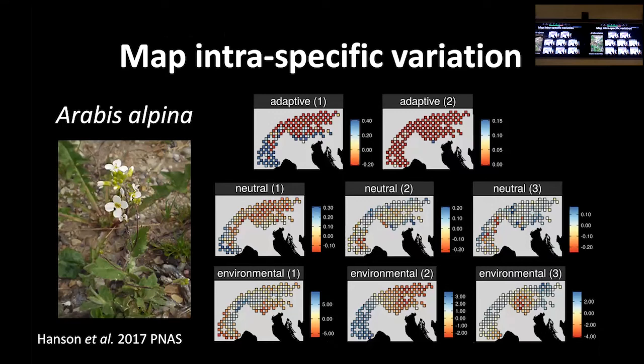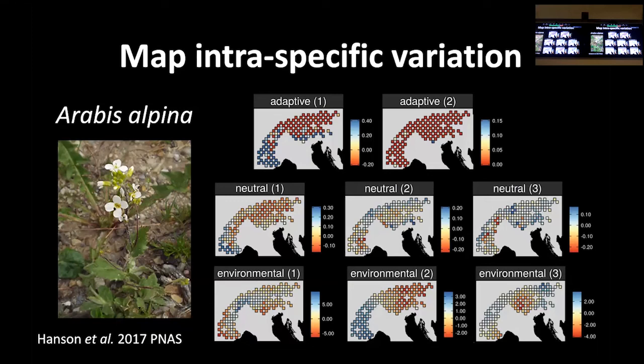So for each of these grid cells, they went out and collected samples, and so we can actually characterize what's happening within each grid cell. And so we can use that to say, well, for this species, there might be a north-south kind of gradient in adaptive genetic variation. And we use some analysis to look at different gradients of that variation. So that's why there's multiple panels. That's the dominant one for this species. For this species, it had 3 main axes of neutral genetic variation. So you can see like an east-west kind of transition. And for these other ones, they can go south and some other stuff.